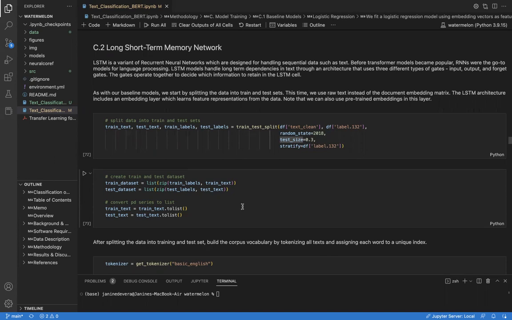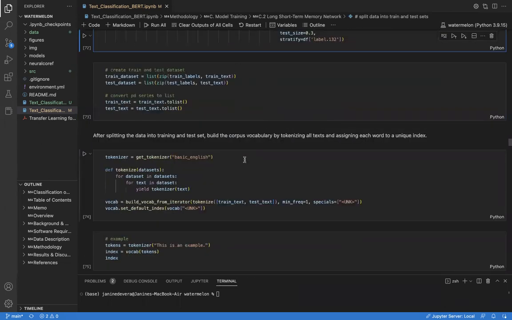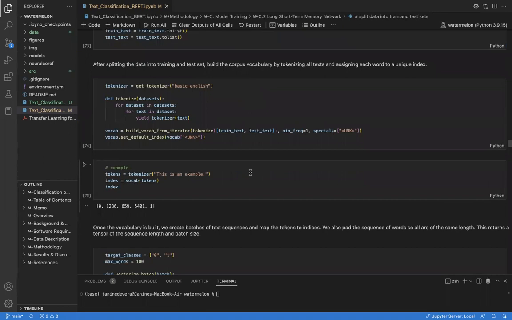So they're also able to handle long-term dependencies in text. As with the baseline models, we start with splitting our data into train and test sets. However, for this model, we use the raw text and allow our model to learn the embeddings within its architecture. After splitting the data into training and test set, we build our corpus vocabulary by tokenizing the words,